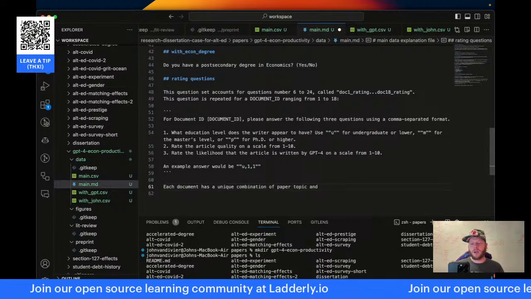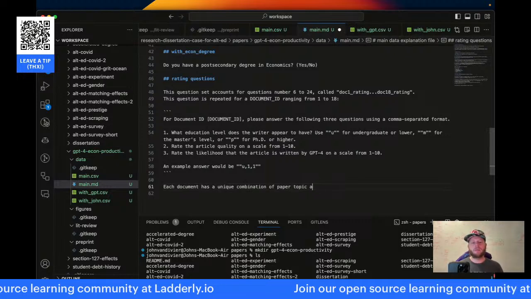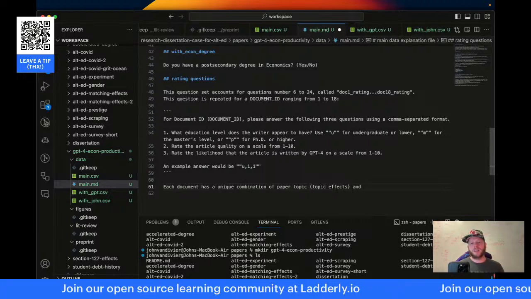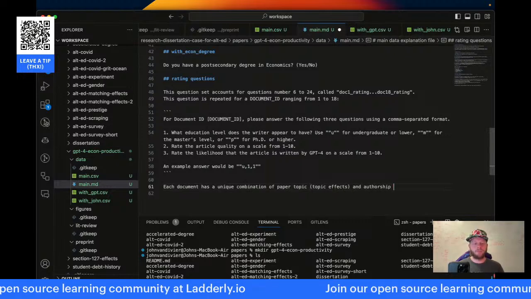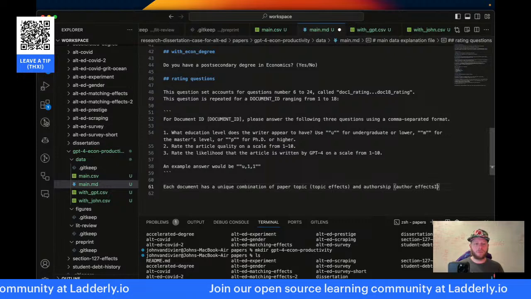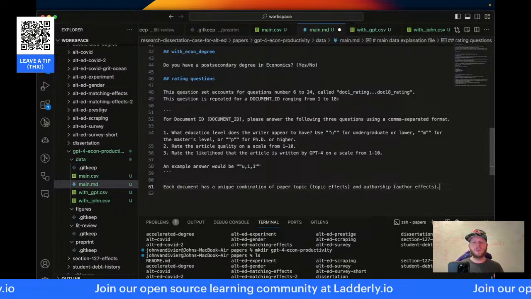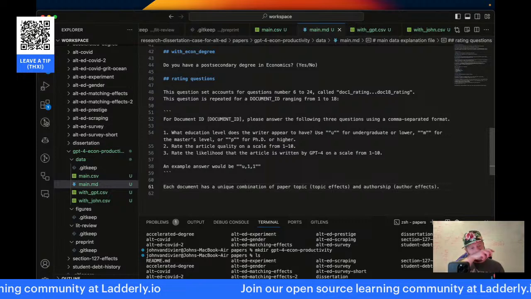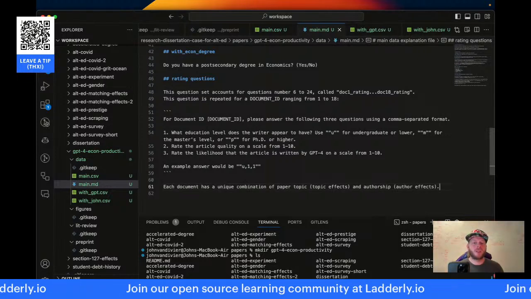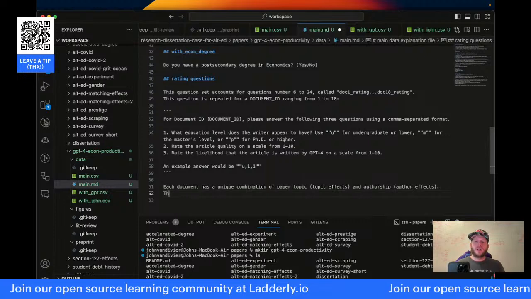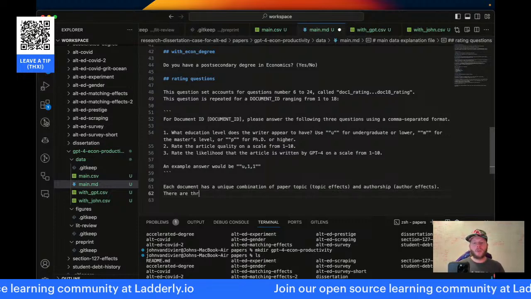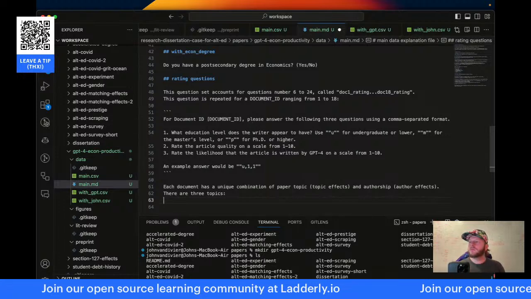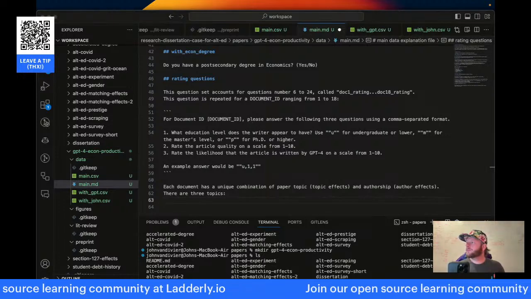Each document has a unique combination of paper topic and authorship. There are 3 topics. Were there 3 or 4? Let me double check.